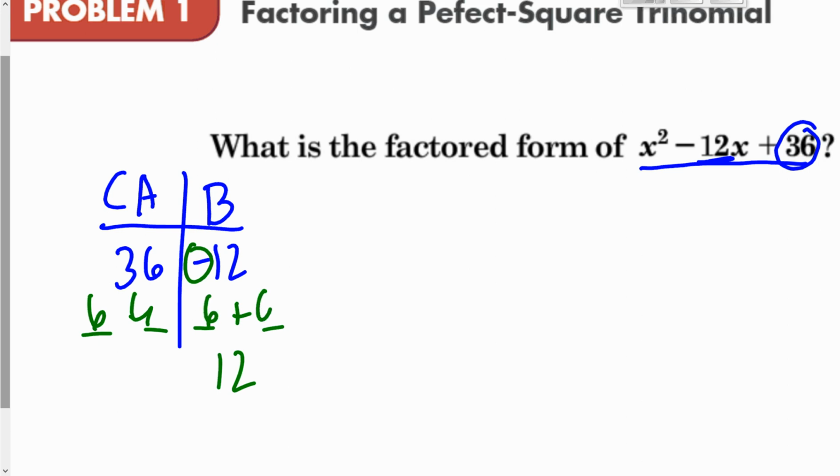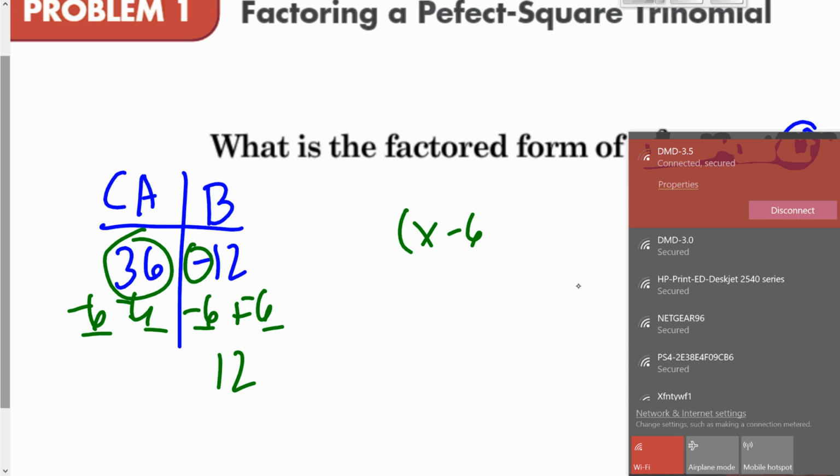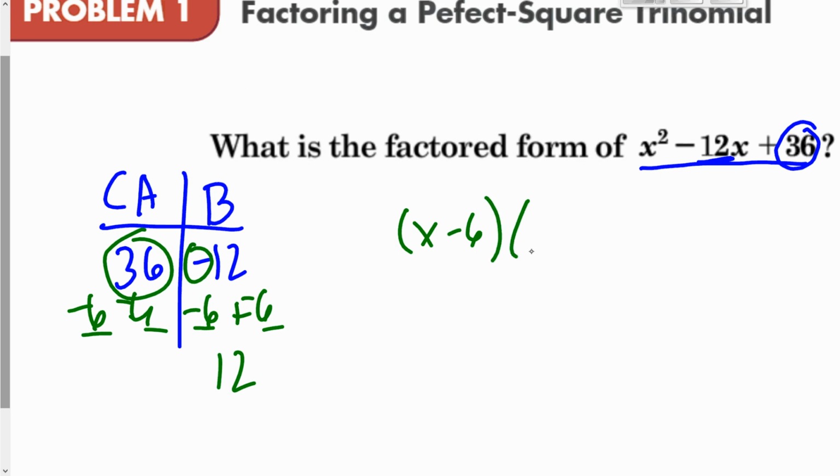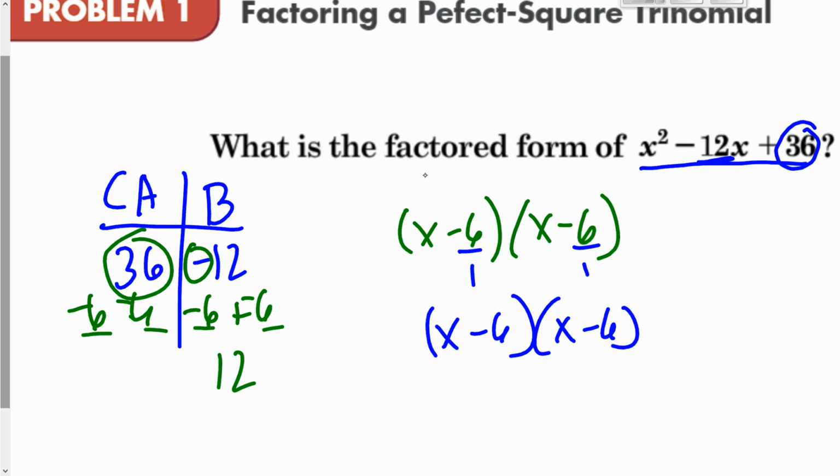So 6 plus 6 gets me 12, but I need a negative, so that means both of these need to be negative. When I take negative 6 times negative 6, I still get a 36. Okay, so that'd be x minus 6 and x minus 6. Oops. So notice those two factors are both the same. Now we divide by our a, which is 1. That's not going to change anything, so x minus 6 and x minus 6 is the factored form of this